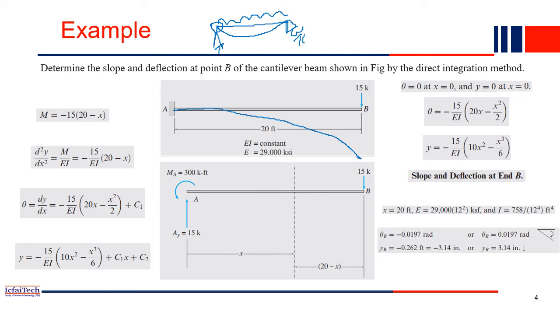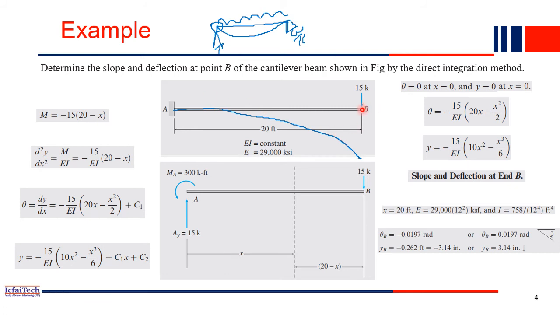But here, in the cantilever beam, the deflection did not start from the support itself. The deflection started after some distance. Why? Because in the cantilever support you have three reactions, right? One is horizontal reaction, one is vertical reaction, and another is a fixed moment. Because of this moment you get zero deflection and zero slope at the support. So that's why this is the deflected shape.